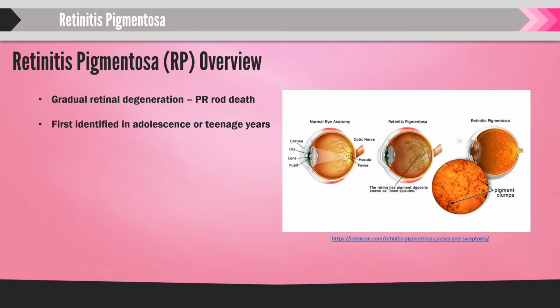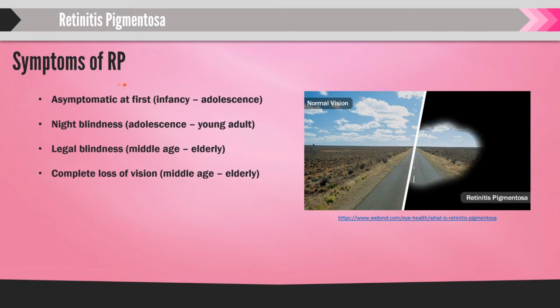And retinitis pigmentosa is predominantly identified by the photoreceptor death, specifically in the rods, right? So that's what's going to be the onset of gradual retinal degeneration. And it's usually identified first in adolescent or teenage years. Now, at this time, it's usually asymptomatic. So oftentimes patients don't even know that they have it yet, in spite of a large amount of photoreceptor death. Even then, they still won't be able to notice that they have anything wrong with them,